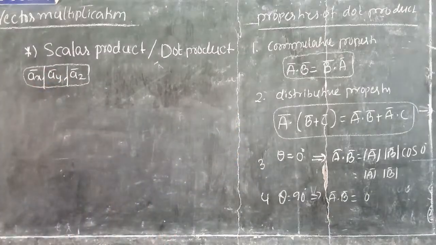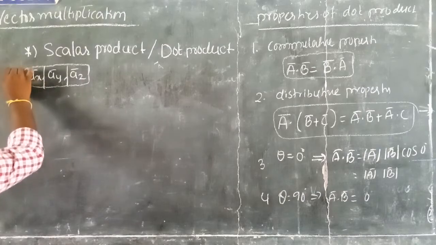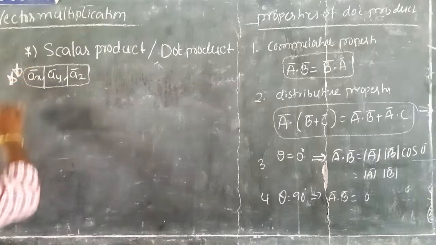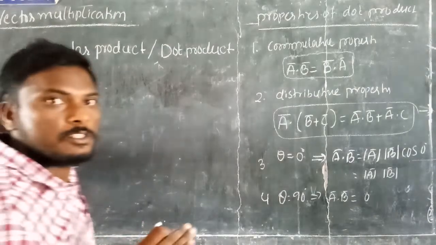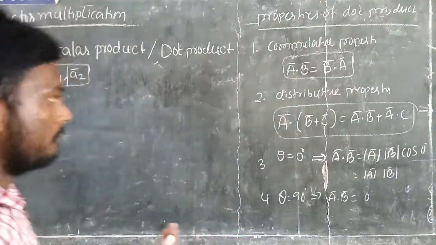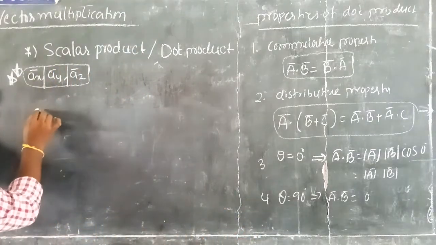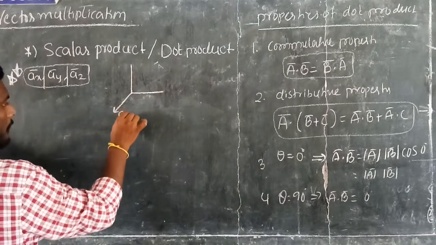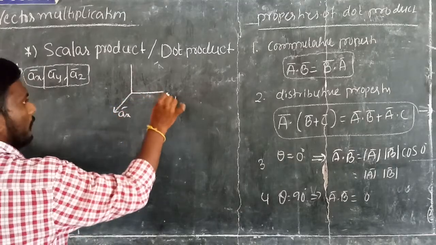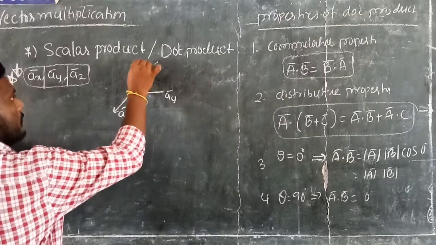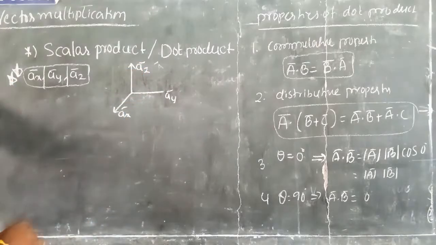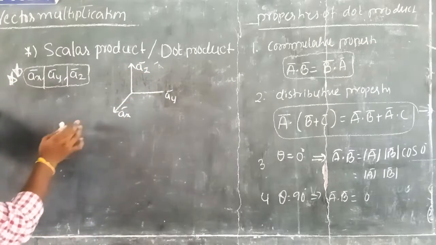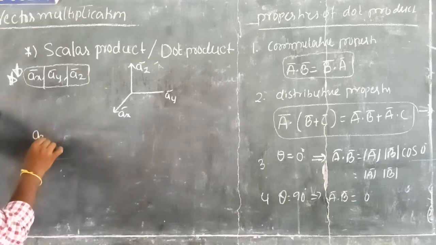This is very important when we are going to study the transformation of vectors from one coordinate system to another coordinate system. Okay. So now I am going to calculate Ax bar, Ay bar and Az bar. First of all, I am going to calculate the dot product between different unit vectors.